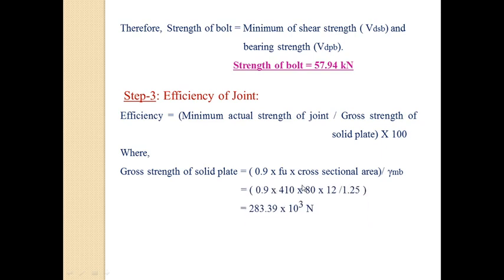Putting the values in the formula, 0.9, Fu is 410, cross sectional area, that is the plate area, 80 into 12, divided by 1.25, we get the gross strength of solid plate as 283.39 into 10 raised to 3 Newton. Therefore for the efficiency of joint, putting the values in the formula, the minimum actual strength of joint is 57.94 kN divided by the gross strength of solid plate, multiplied by 100, we get the efficiency as